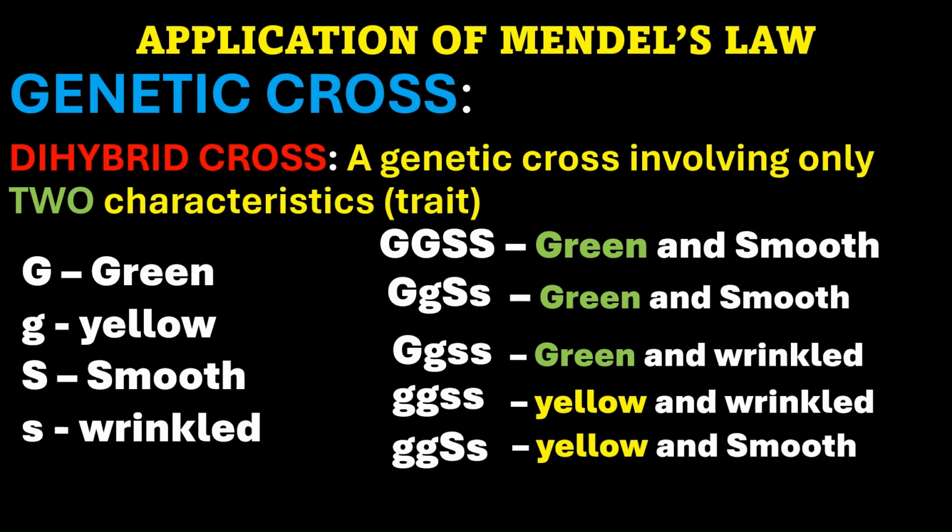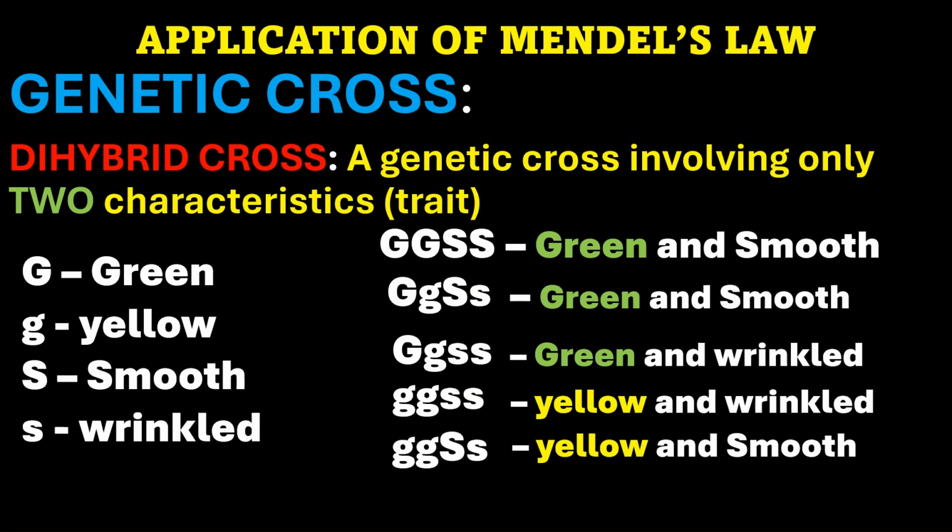All right, so this is how you interpret it for 2 marks. Yellow is 1 mark, smooth is 1 mark, green is 1 mark, wrinkled is also another mark. So make sure you know these things. You treat the letters separately, the G on one side and the S on one side, and then you deal with them. You interpret them using the normal